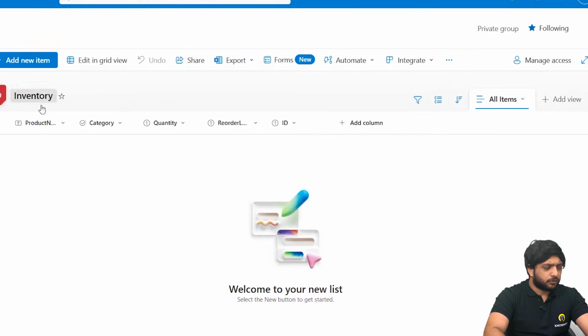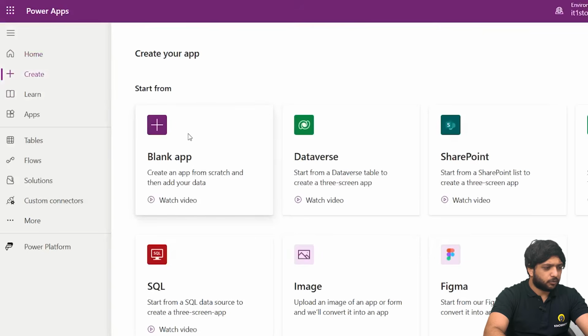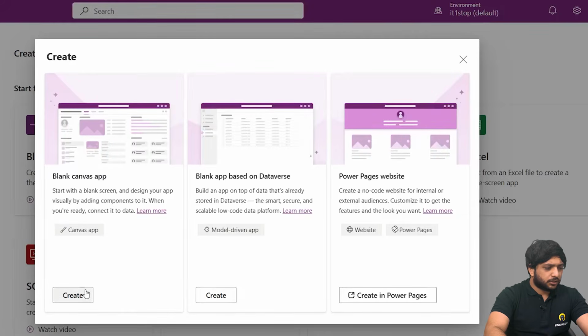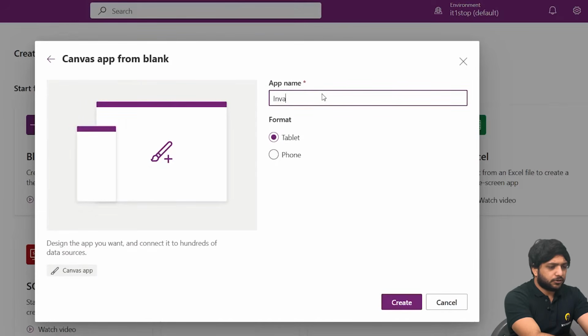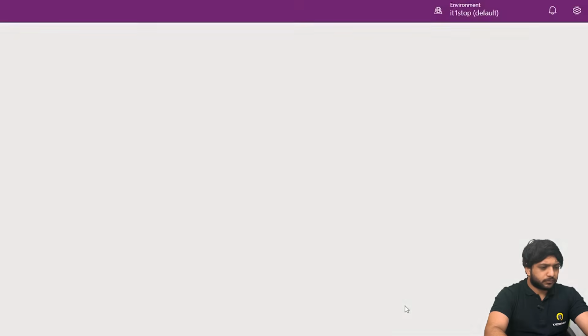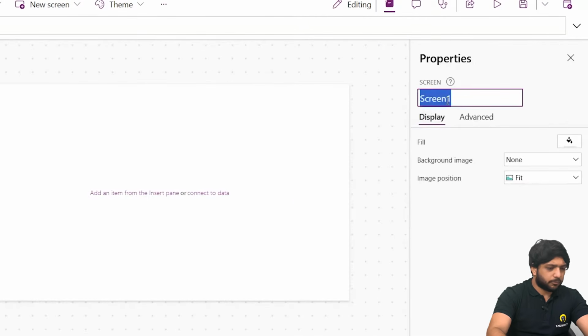Now we'll go to our PowerApps and here I will create a new blank application, create canvas app, and I will name it inventory management and create. Here in our screen 1, I want to display all my products here. So for that, first I will name it products